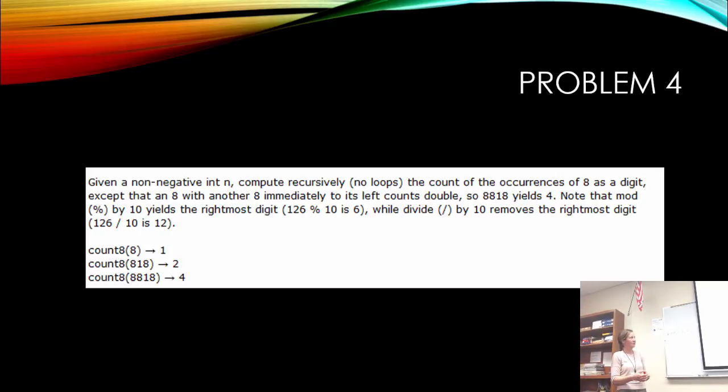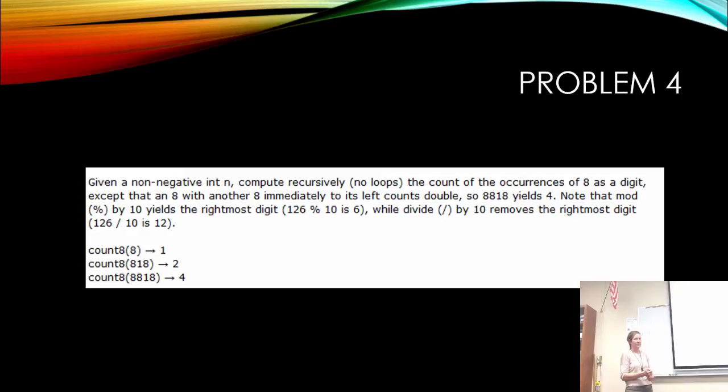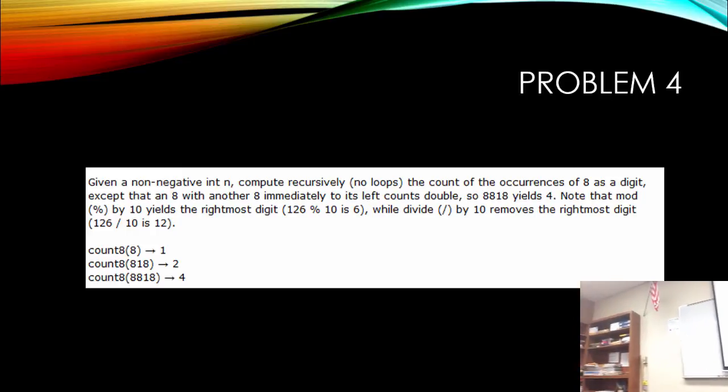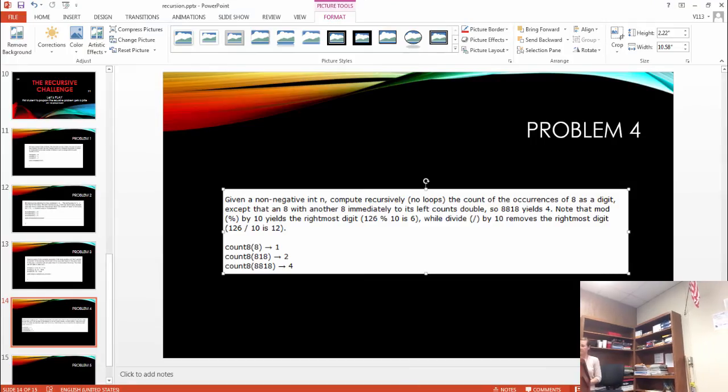Whenever you mod something by 10, it gives you the ones place. Divide by 10 removes the ones place. And you guys should know that, okay? And actually, this one is a different version.